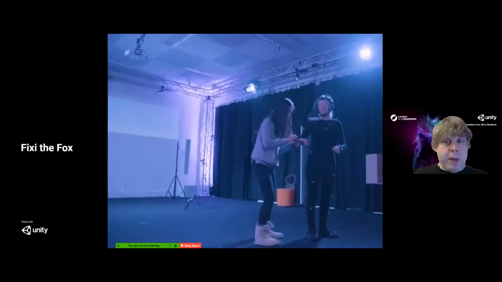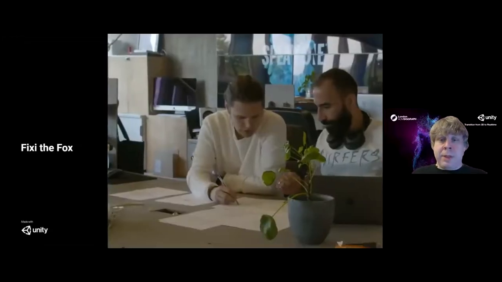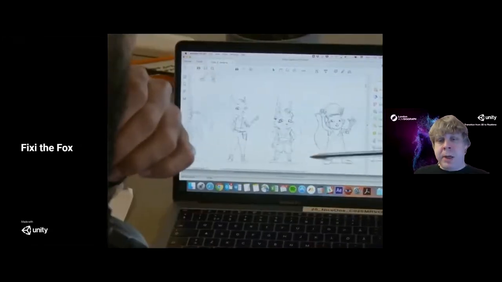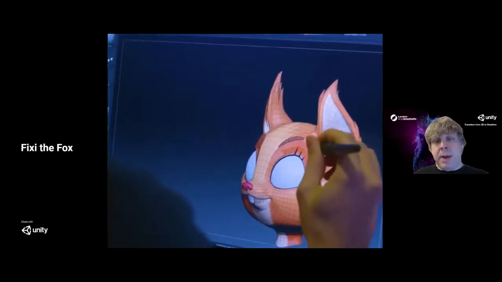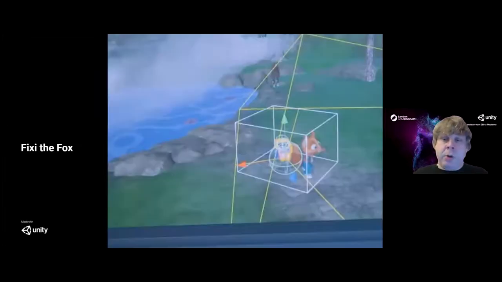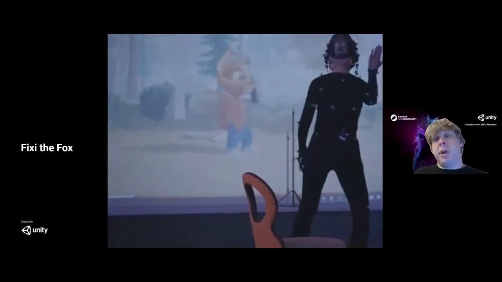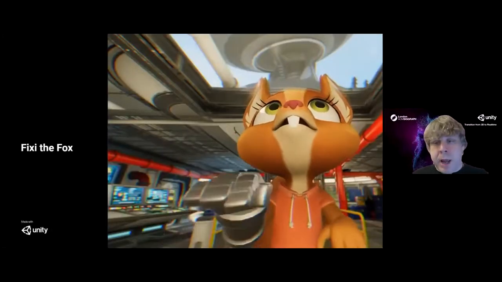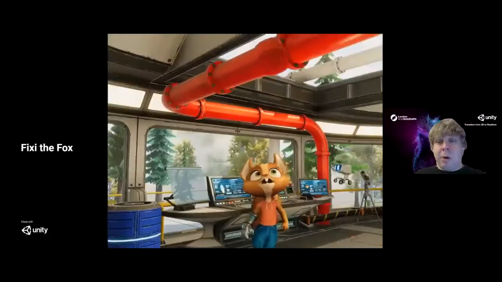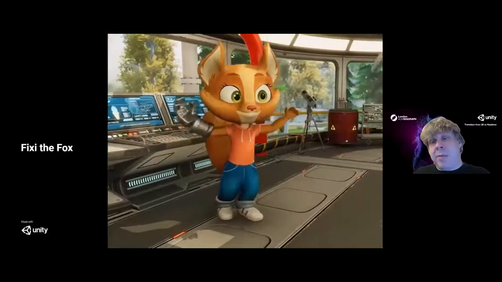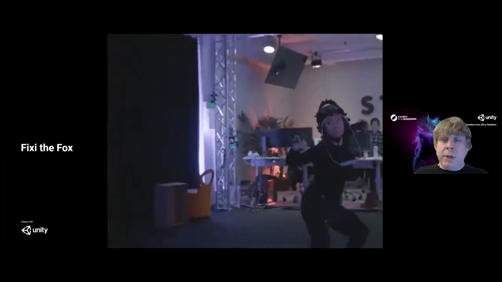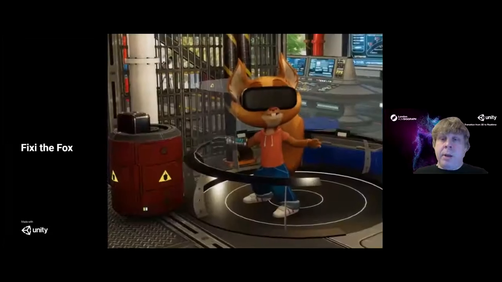This is Nordic Entertainment Group, a broadcasting company based in Scandinavia, and Fixie the Fox is their mascot. It's their Mickey Mouse, but they wanted to create an animated series based on their mascot, and they wanted a regional, local story. These guys are based out of Stockholm, and they wanted a story for Sweden, Denmark, Norway, and Finland in those languages. Because of technology, they were able to make their own animated series without having to outsource it, and because of the low cost, they don't need the millions and millions of dollars of global distribution to have local regional stories for their children.